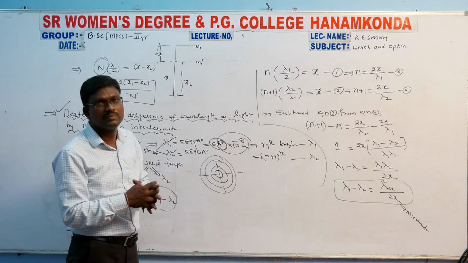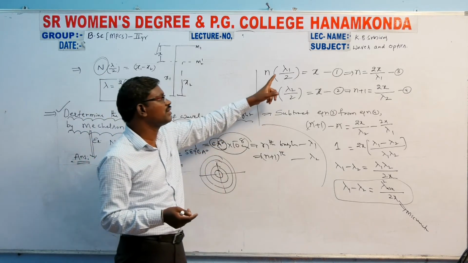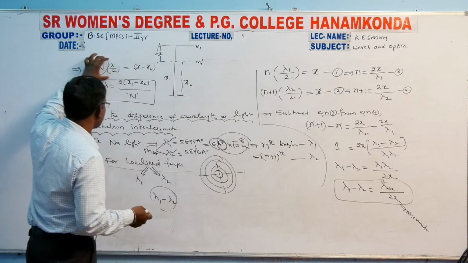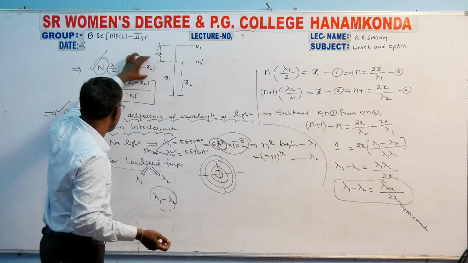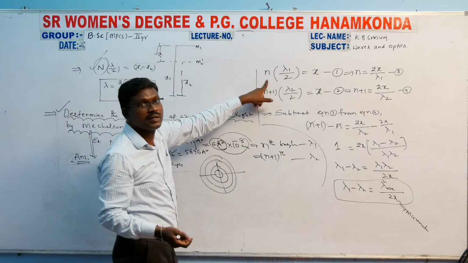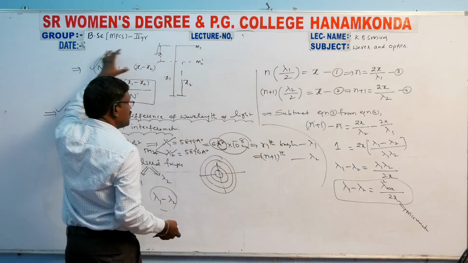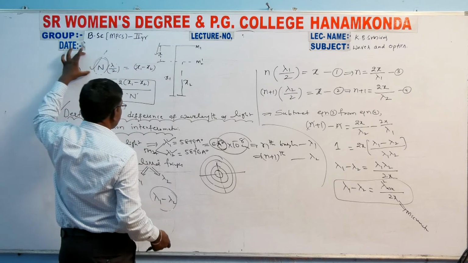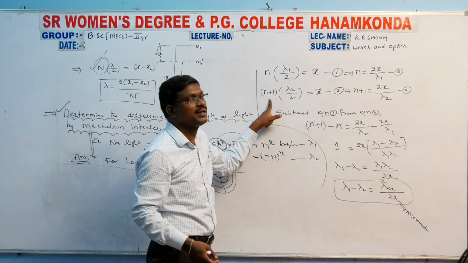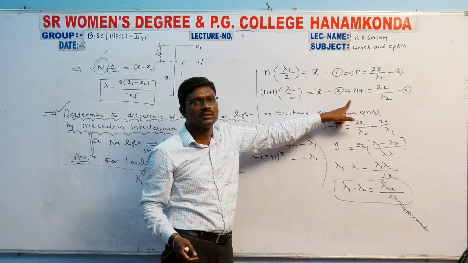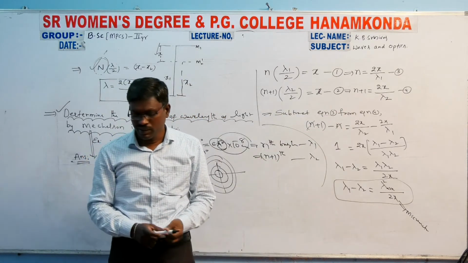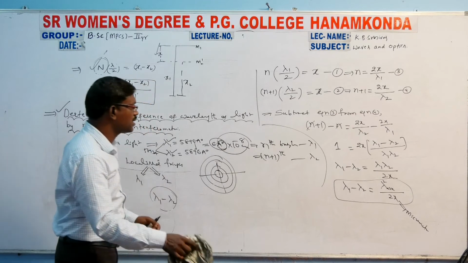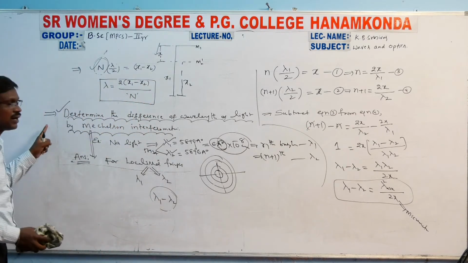I want to write the equation for the lambda 1 wavelength from this expression. Already we have discussed this expression in our previous lecture. Simply I am using this expression. I am writing this expression for the lambda 1 wavelength, and I am writing this expression for the lambda 2 wavelength, so that we get these two equations. If I subtract, finally we can calculate the expression for the difference of wavelengths of the given light. This is another use